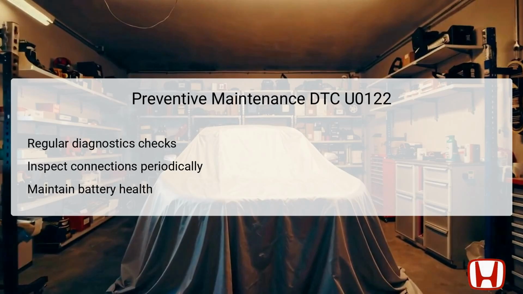By adopting these preventive measures, vehicle owners can significantly reduce the likelihood of encountering DTC U0122 and similar issues in the future. Keeping these systems in good working condition enhances not only vehicle performance, but also safety for